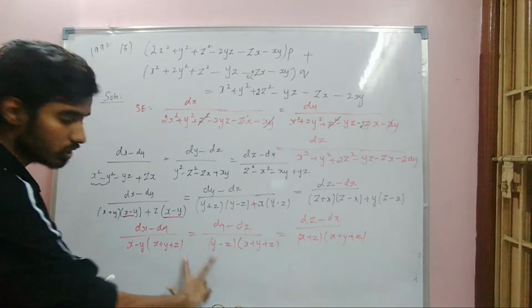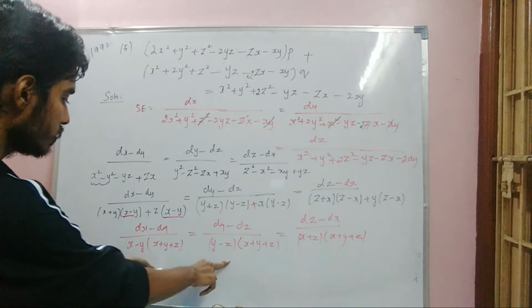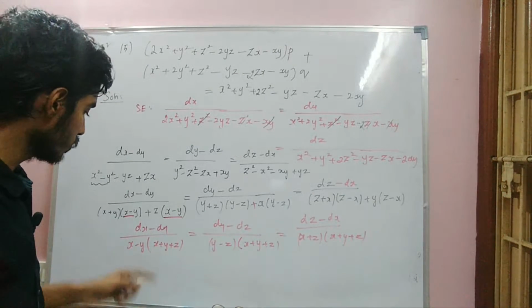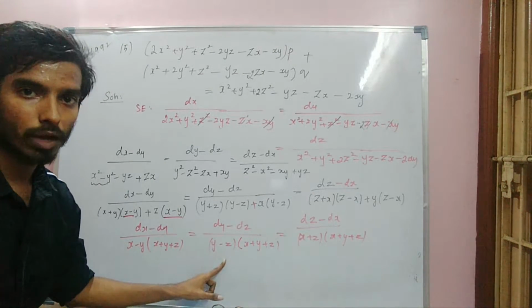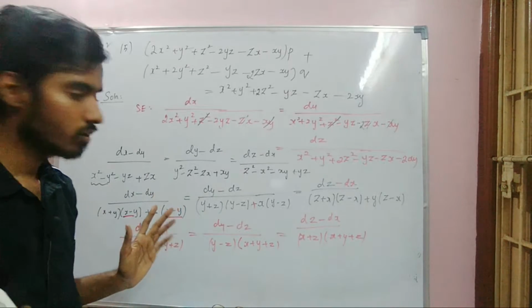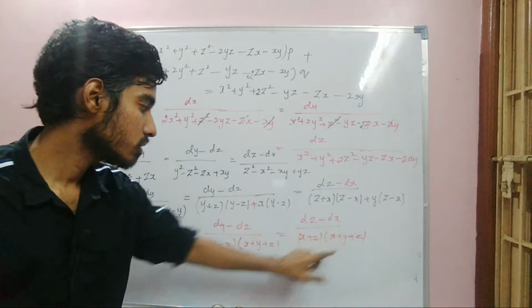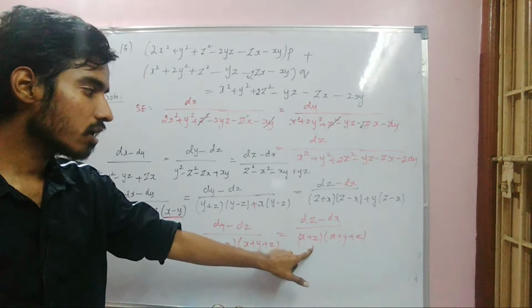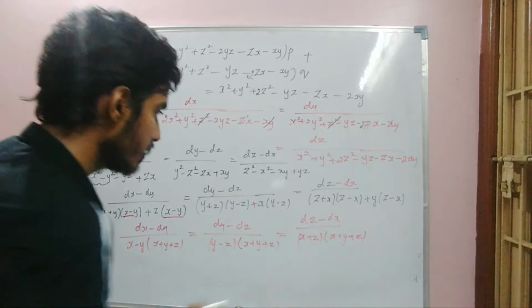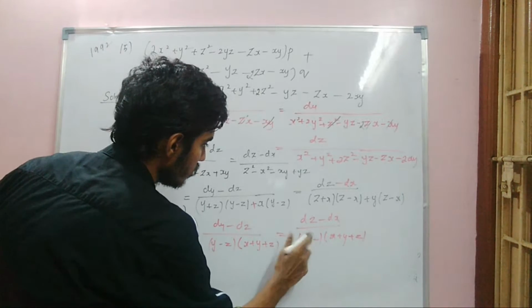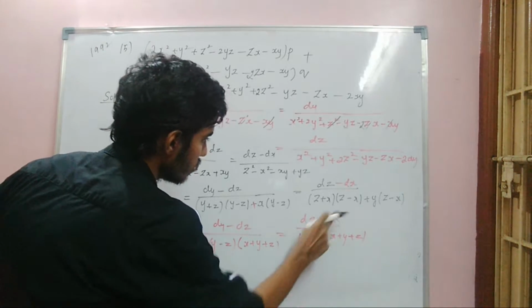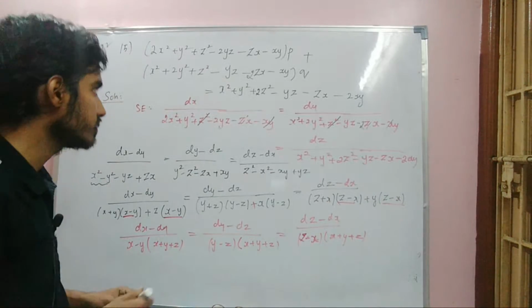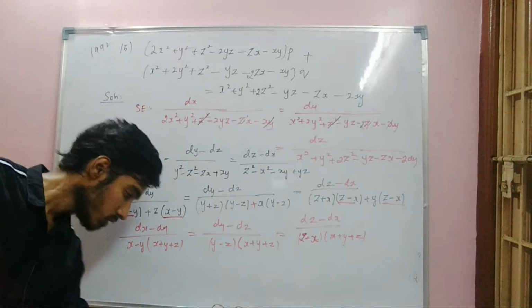You can group this term and this term. If you group this term and this term, x plus y plus z, x plus y plus z will cancel. So this is nothing but log x minus z, this is nothing but log y minus z. That's it. If you integrate, if you group this term and this term, this term will get cancelled. If you integrate, this is nothing but log y minus z, and this is log z minus x common. Sorry, I take z minus x common. So again this is nothing but log z minus x. That's it, right? So when you group,